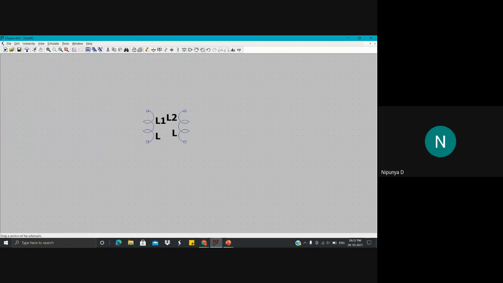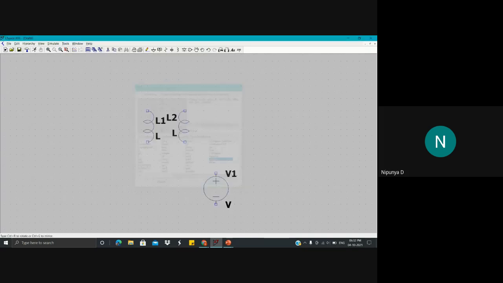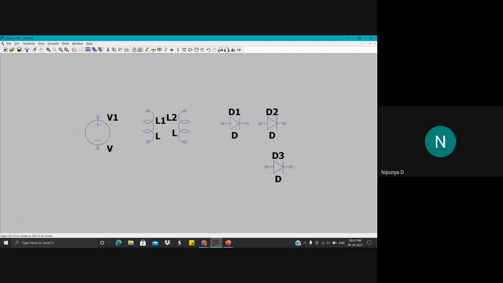We will be requiring an input voltage which can be selected from the components. And we will be in need of 4 diodes, as we just saw in the slides. And we will be requiring a load resistor. We have just kept 2 inductors, but this is not exactly a transformer yet, so we have to make some